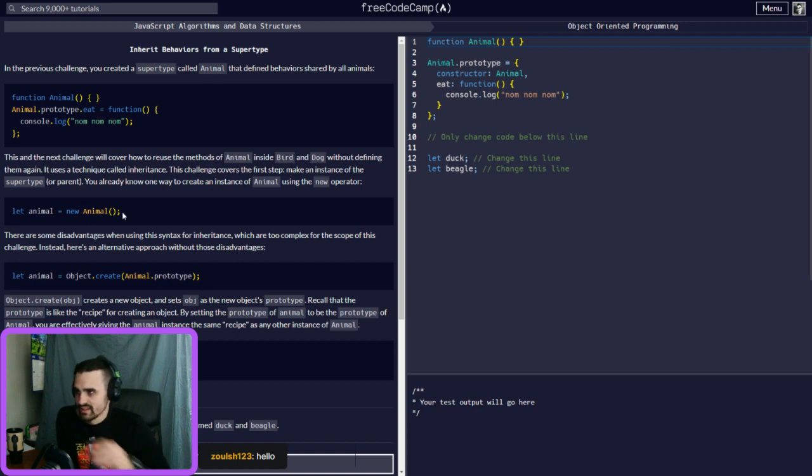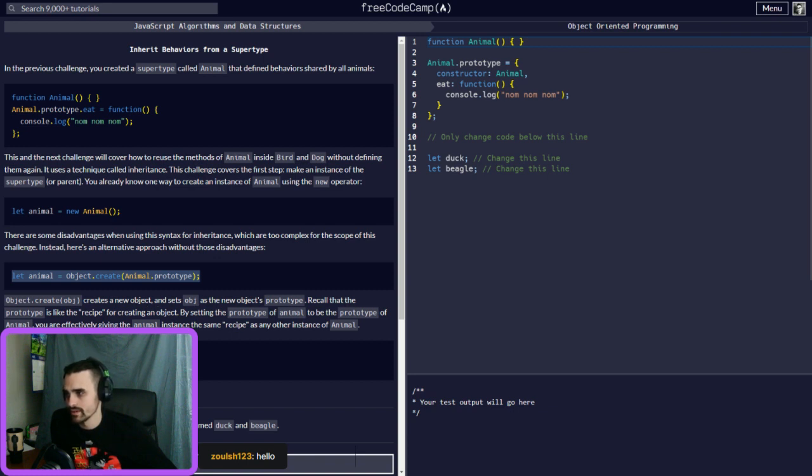But it's saying that every single one should not use the syntax for inheritance. So to use this would be better.